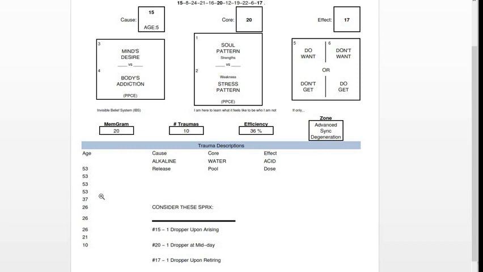Now those ages indicate when and how many times your invisible belief system, or your memgram, has arranged the PPCE, people, places, circumstances, and events, in your life to create and recreate a scenario that resulted in enough heat or resistance to cause an emotional reaction that you likely took personally, and it resulted in a hormone dump, much like it did when you were cause age,